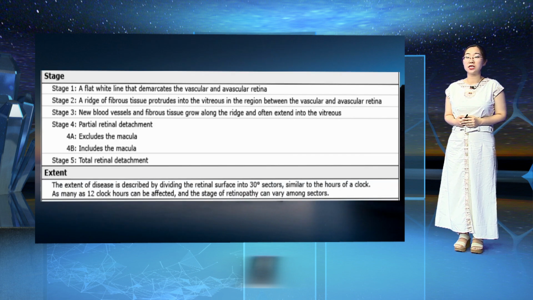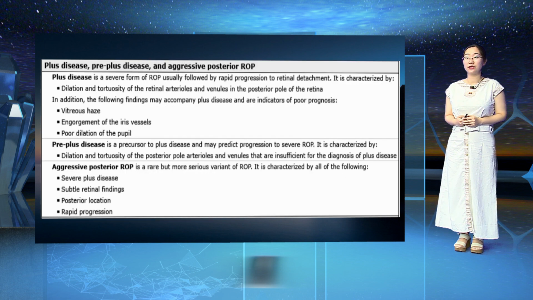Stage includes stage 1 to stage 5, according to this table. Extent is described by dividing the retinal surface into 12 sectors. Plus disease. Additional signs of increased venous dilatation and arterial tortuosity of the posterior retinal vessels, which can increase in severity to include iris vascular engorgement, poor pupillary dilation, and vitreous haze, was referred to as plus disease in the